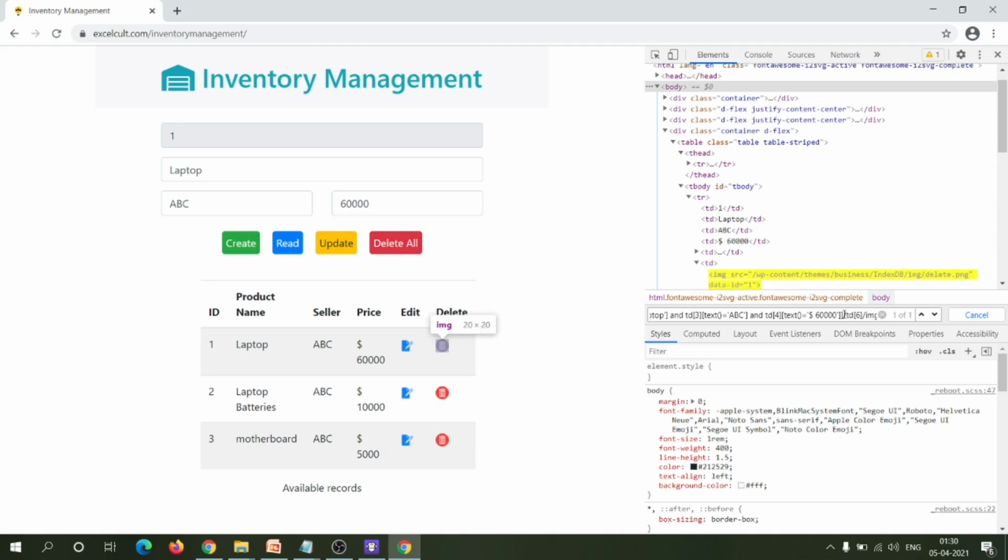Yeah. So it is actually clicking the delete button corresponding to the product name laptop, seller ABC and price 60,000.